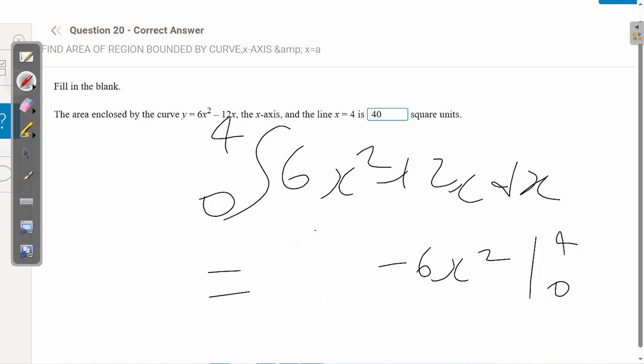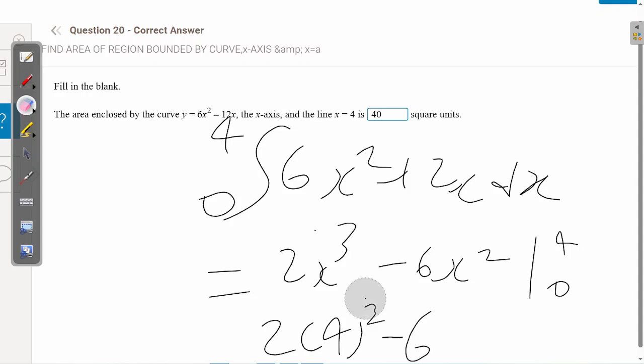It will be 2x cubed minus 6x squared. Okay, and then we do 2 times 4 cubed minus 6 times 4 squared, and then the other part will be 0, and so the answer will be,